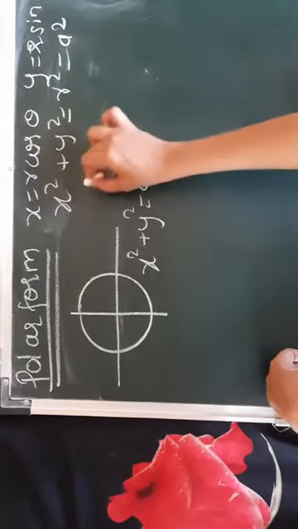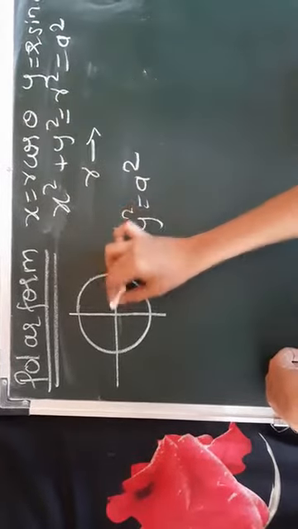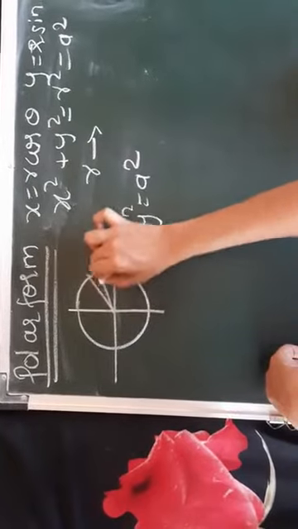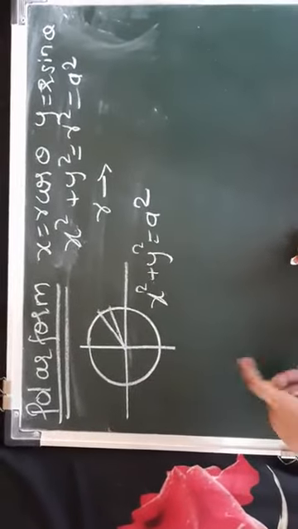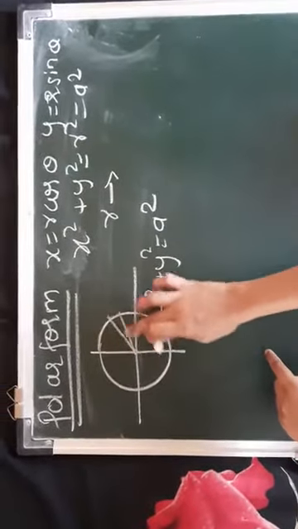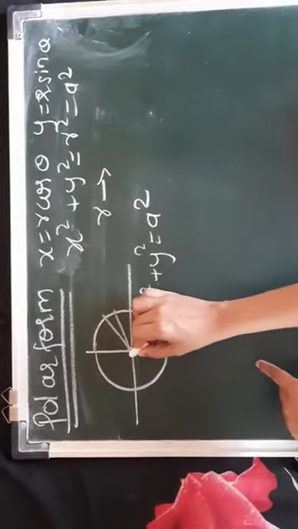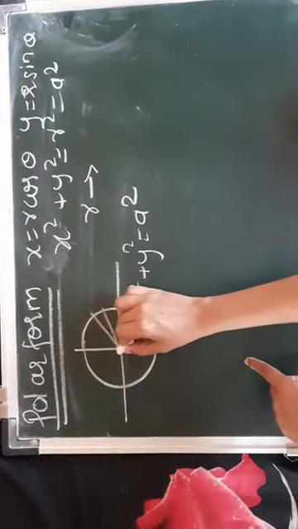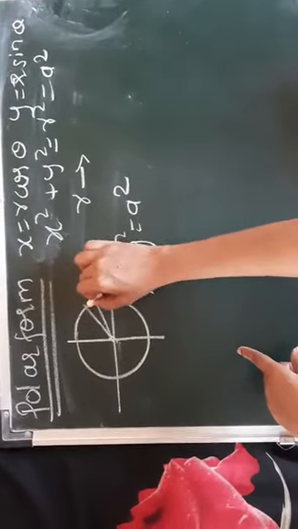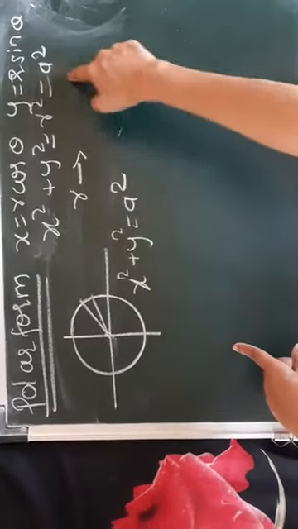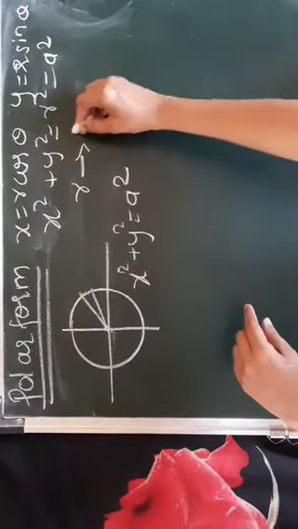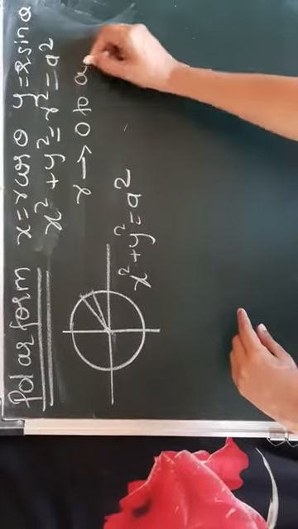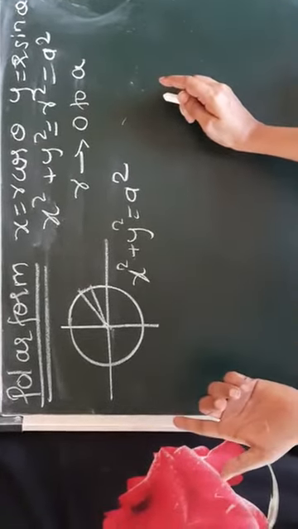So what will be the limits of r? Here, in the Cartesian form we were considering a horizontal or vertical strip, but here we will be considering a sector. So what is the range of r? r is going from 0 to this curve. So what is this curve? This is the circle, r square is equal to a square. So I will have the range for r as 0 to a. I am not taking minus a because the radius is positive.